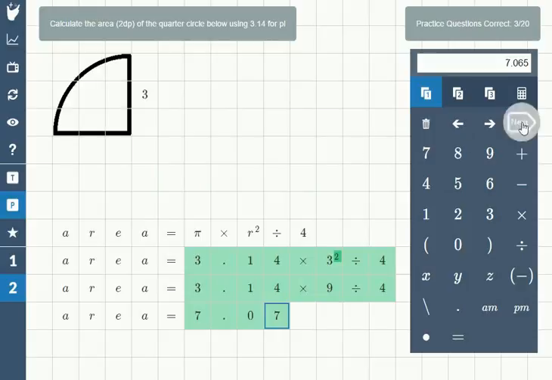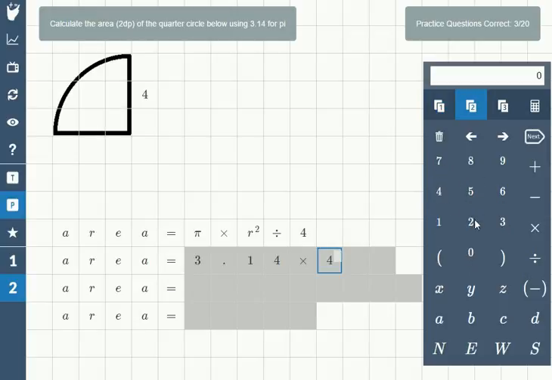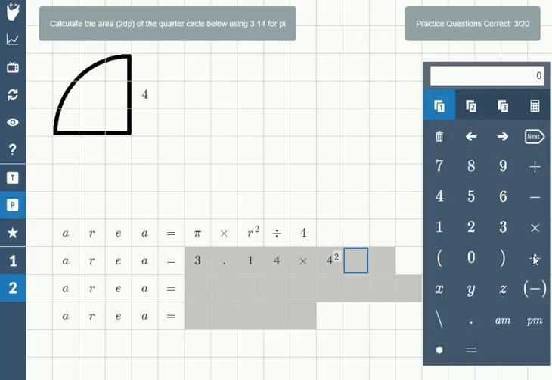Let's try one more. So this time the radius of our quarter circle is 4, but everything else in our equation will stay the same. So we can replace pi with its approximation, 3.14, and then multiply that by the radius squared. So our radius is 4, so it'll be 4 squared, and then divide the answer by 4 because it's a quarter circle. On the next line, everything else will stay the same,